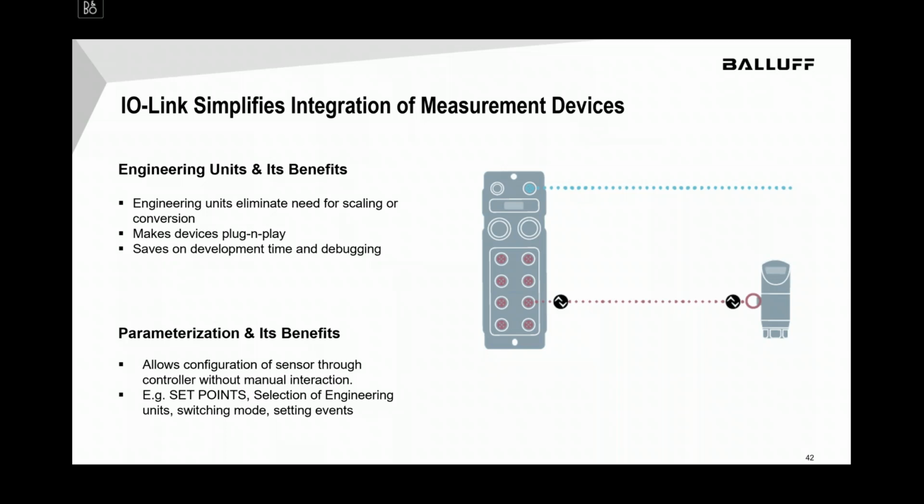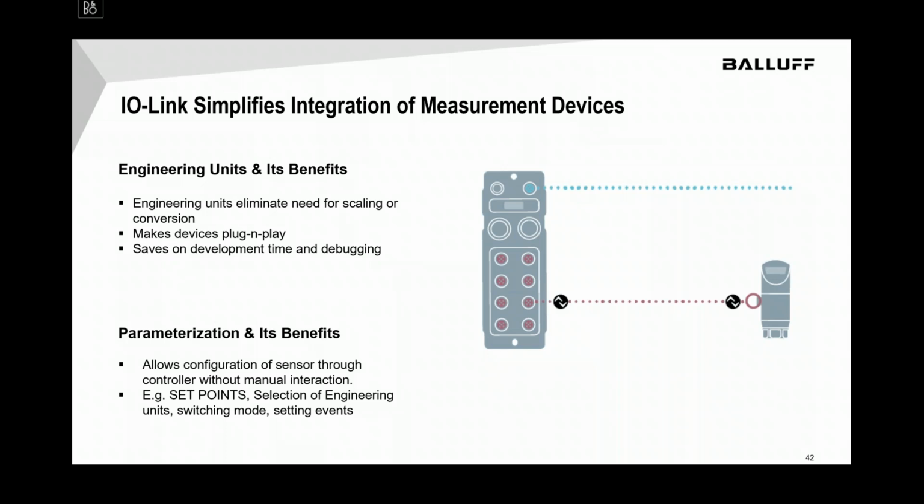When that sensor is throwing back the engineering units, of course, it eliminates your scaling. You don't need to convert that 4 to 20 milliamps because you're not getting 4 to 20 milliamps. If it's a distance sensor, it's going to give you microns or millimeters or meters, whatever that set unit is, or inches. It makes the device plug and play, and it saves a lot on the development time and debugging time